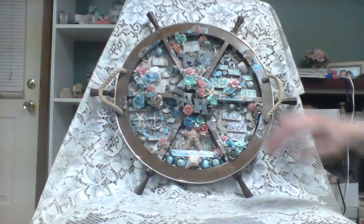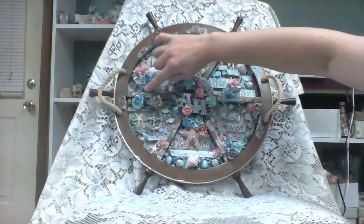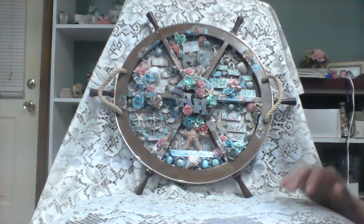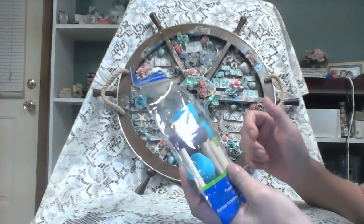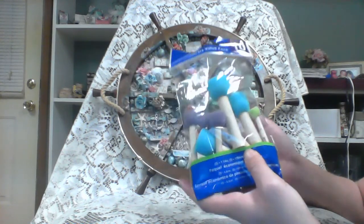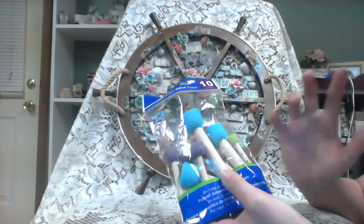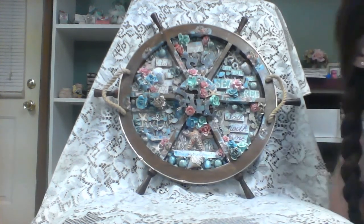And then right here, I used one of the little glass vials, and I put some rocks in it. Once I had everything down, I went over everything with gesso. And when I do that, I use these little paint dabbers instead of paintbrushes, because when you use a paintbrush, it goes on really, really thick. This gives it that, I want to just say shabby, not really shabby, but just a touch of white and a touch of texture. And this gives it a really nice look. So I did that, and